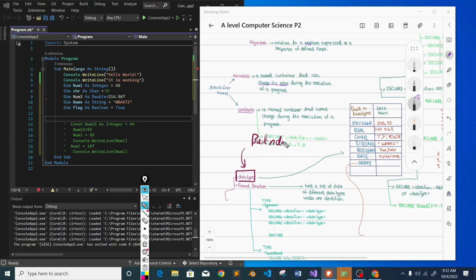Built-in data types. But record structure is a user-defined data type. So what is a structure? What is a record structure? Record structure is something that you try to